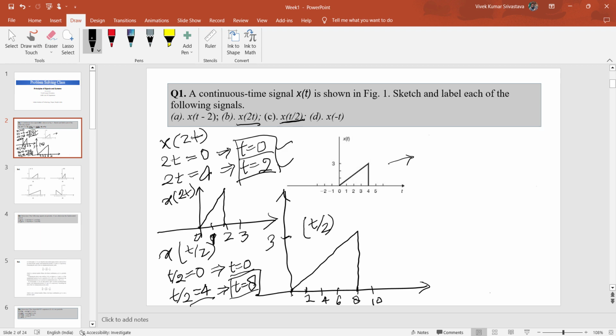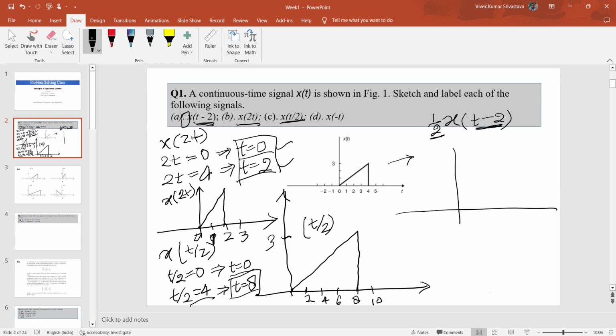Okay, only the time here is changing because we are doing an elementary operation only on the time. We are not playing with the amplitude here. If we are plotting another signal, let us say x of t minus 2, where we are also playing with the amplitude, let us say this is half, then we have to see both time as well as amplitude.